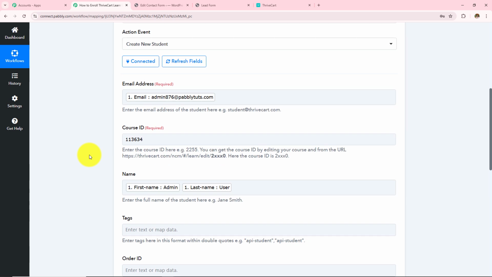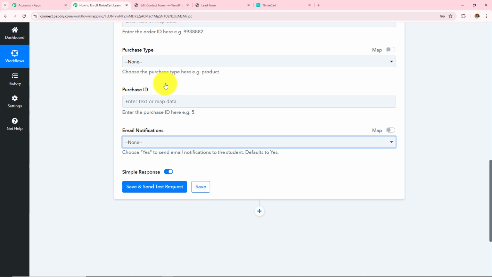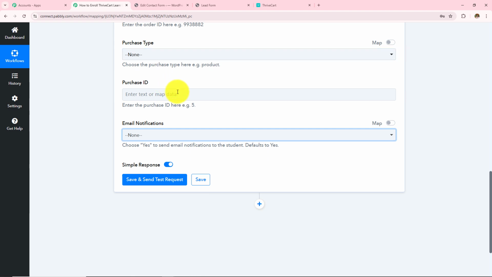Now over here mapping is important so that every time you receive a new response it is taken into consideration in these fields. Manually entering the data will make these fields static and the information will not change even if you have received the new response. Over here, if I manually enter any detail, this field will become static, and every time I receive a new response, the result will not change. So as to keep these fields dynamic, we use this process mapping instead of manually entering the details.